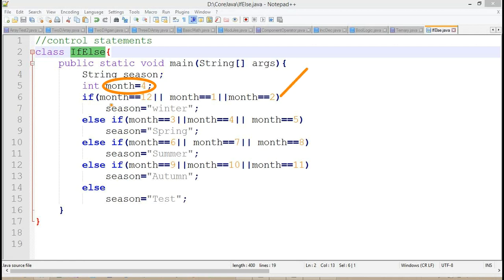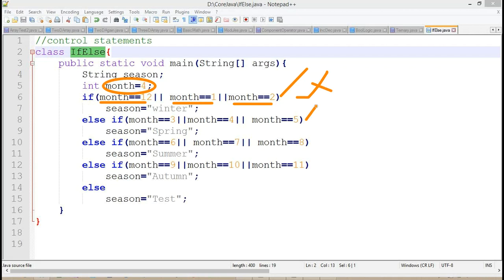First it checks this condition, and the month we have is 4, and we are checking with 12. It will not satisfy. Then it moves on to the second expression, month equals 1. This also will not satisfy. It checks the last condition too, so this entire condition is not going to be satisfied.